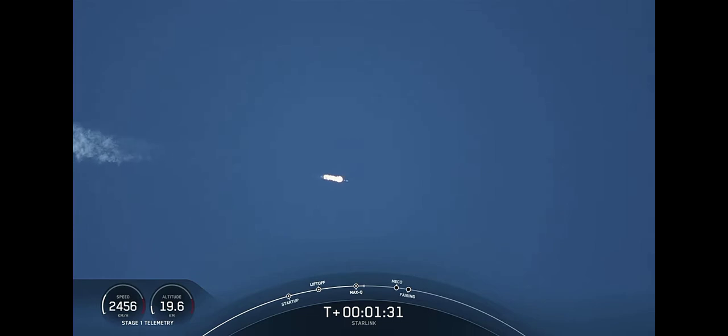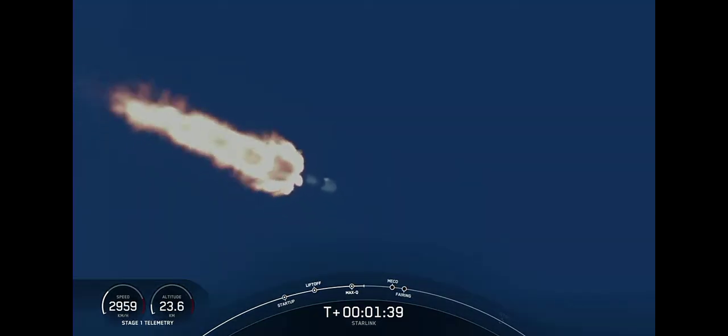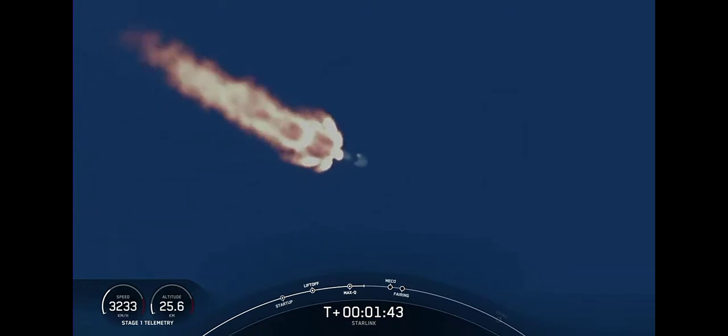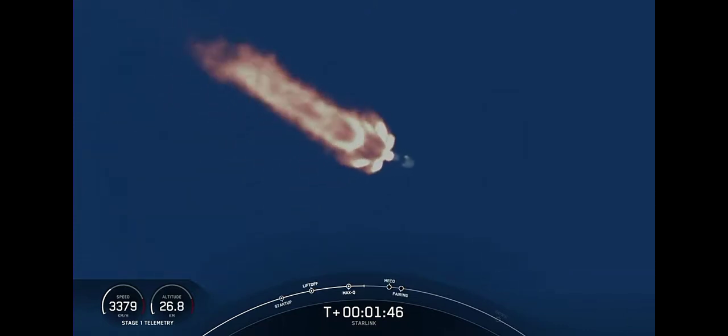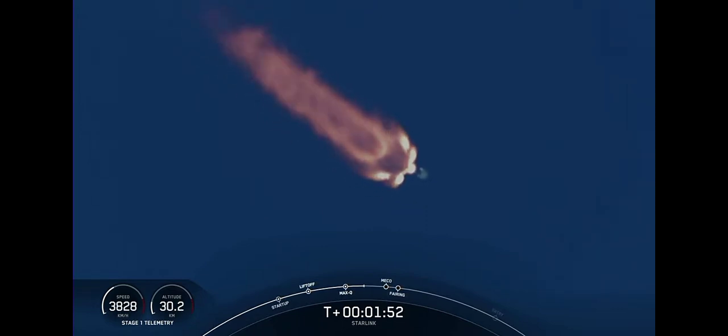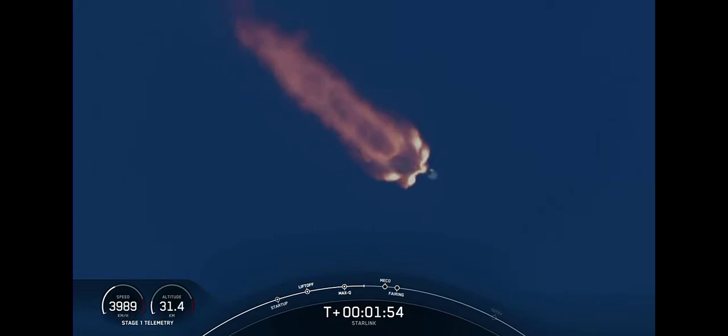First will be MECO, or main engine cutoff, and that's where all 9 of the Merlin engines will shut down. And that slows the vehicle down in preparation for the second milestone, which starts with MVAC engine chill. The second milestone will be stage separation. That's where the first and second stage separate from each other. First stage will start to make its way back to Earth, and the second stage will continue on its journey